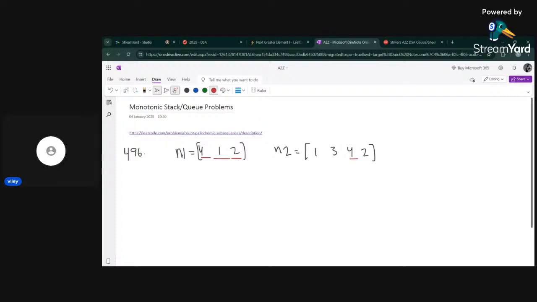4, 1, 2 and 1, 3, 4, 2. If I insert 1, 3, 4, 2 into a stack,